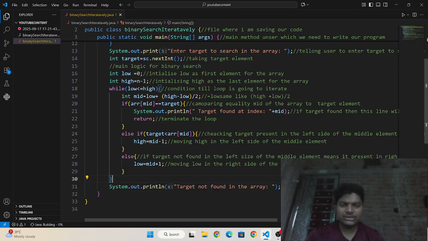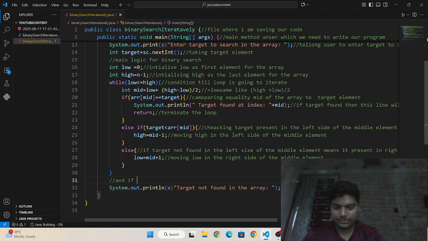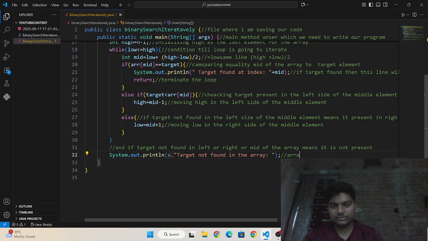And if the target is not found in left, right, or mid of the array, it means it is not present, so that's why I am printing here: target not found in the array.